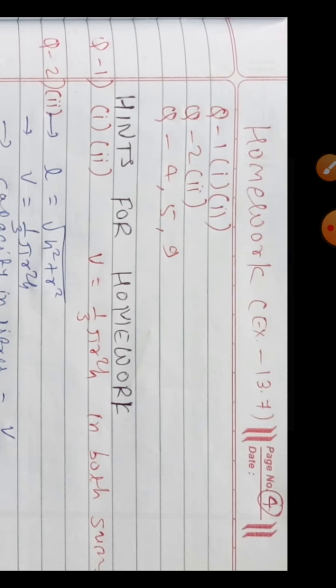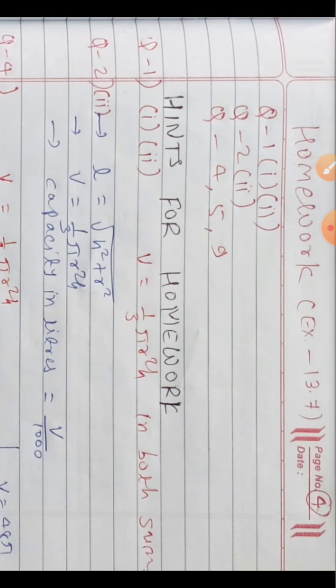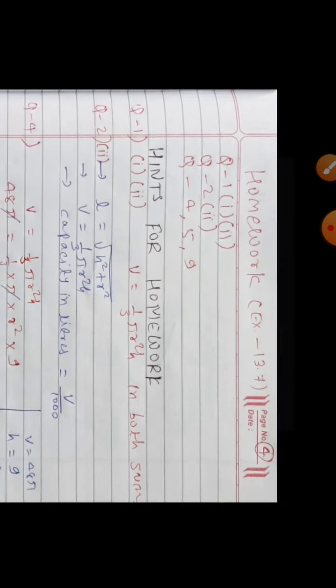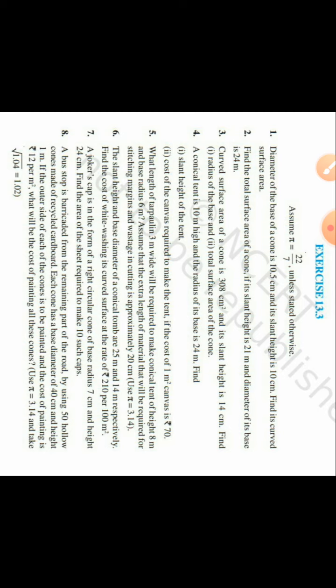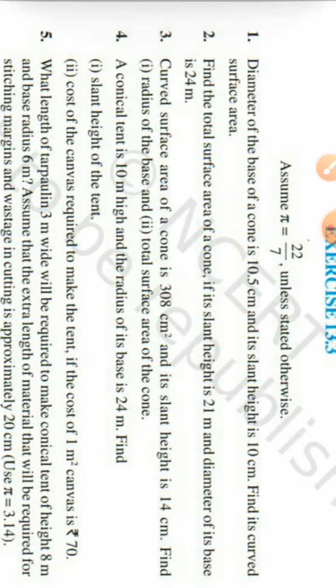So the second is already solved, and the second is given as homework. Then question numbers 4, 5 and 9 are in homework. Now I will give you some hints first. Actually they are very simple, no need to give hints also, but according to our rule I just go through that formality.